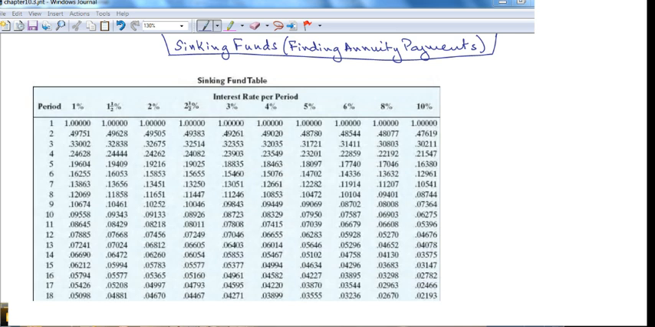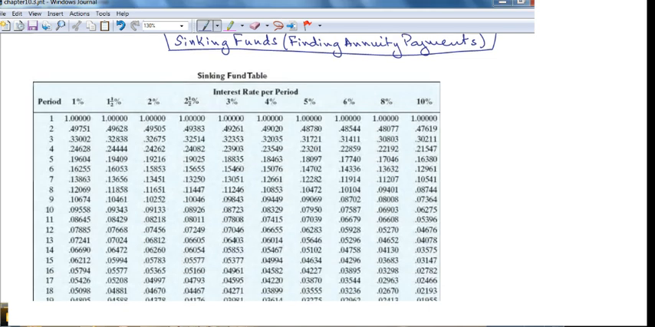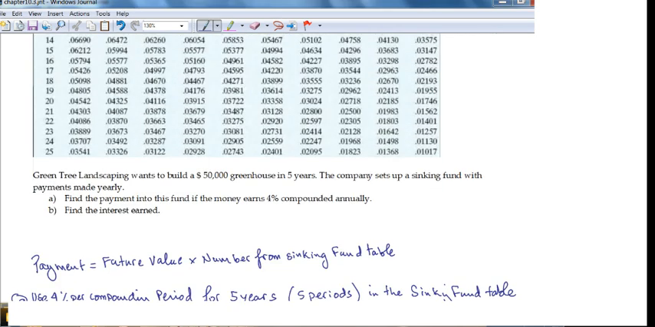So the amount of the periodic payment needed at the end of each period to accumulate a fixed amount at a future date is found as follows. So this is the sinking table. It's the payment